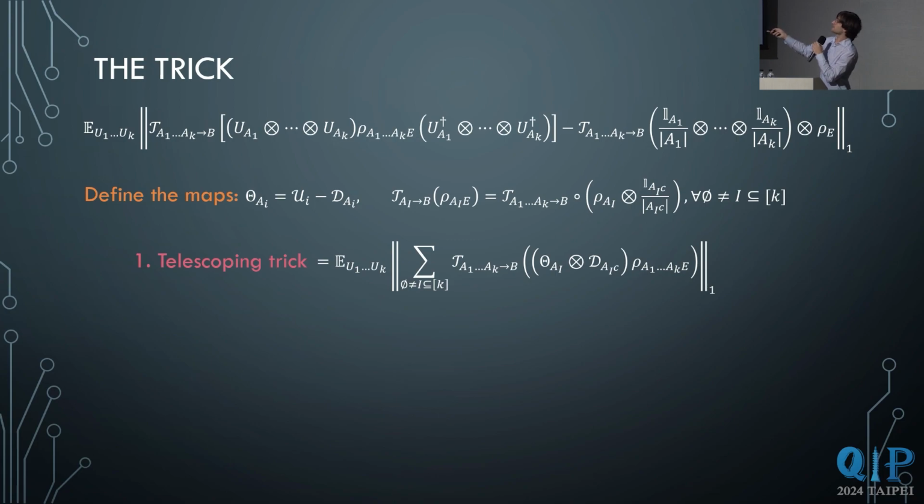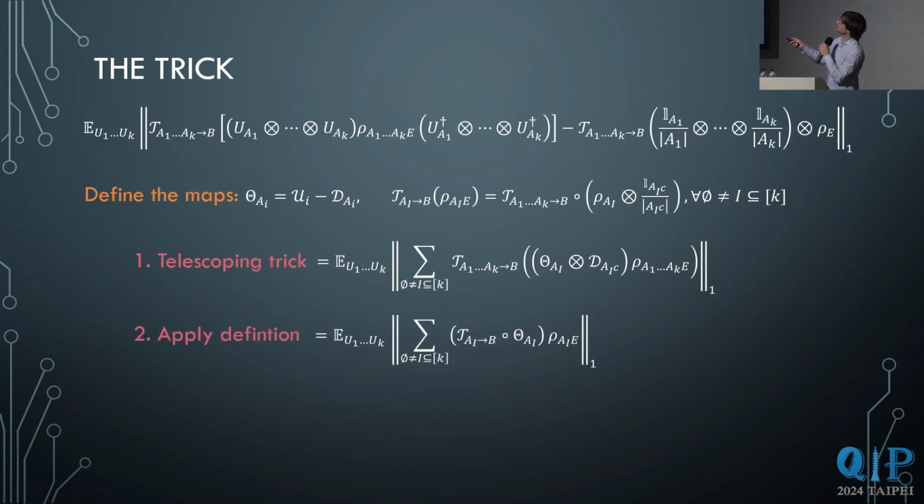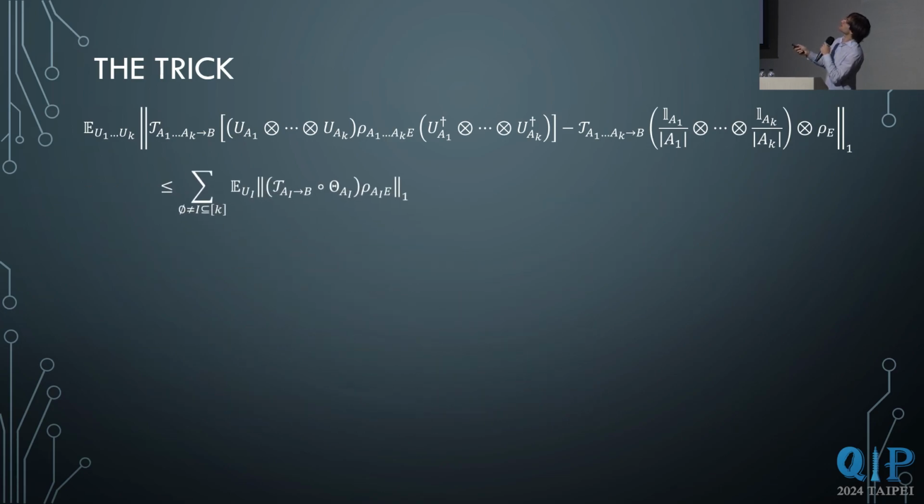So just after this telescoping trick, we can apply the definition of this partial map, and finally the triangular inequality, and we end up with something that looks like that. Now, if we check the differences between what we have before and what we have now, we can treat each of these terms independently. So each of these terms will produce an entropy, the entropy we were expecting. So this sum here will produce the entropies for the marginal it is accounting for, and we have a sum over all these marginals, so we can treat independently, as if it was the single user scenario, each one of these terms in the sum. So now we will be able to smooth everything independently.